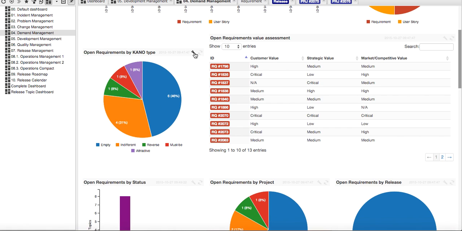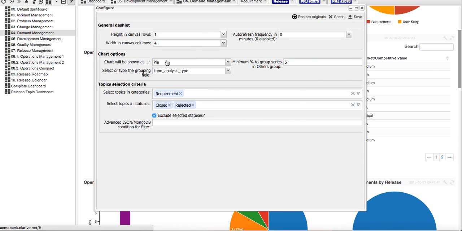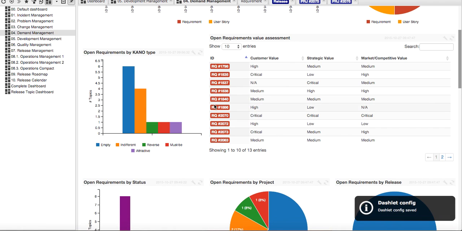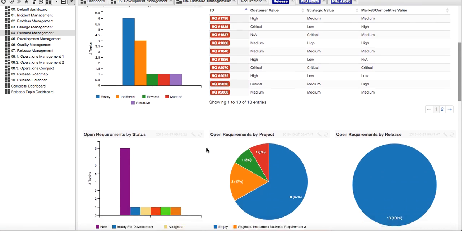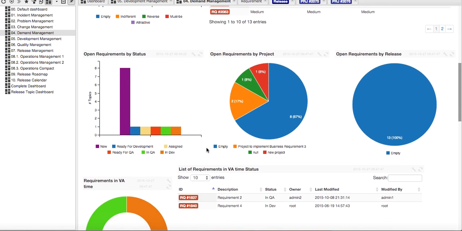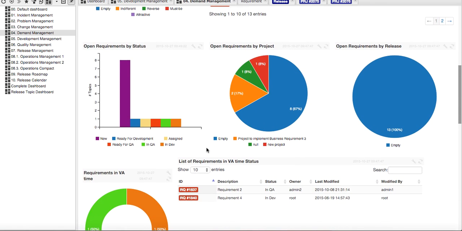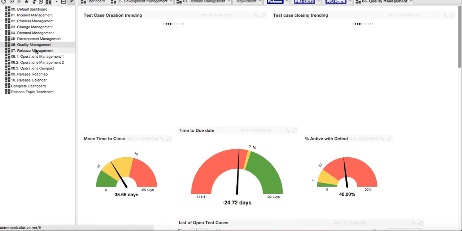Another thing that you could do or should be able to do is present it in different ways. So I can just go into the configuration itself and say, instead of showing it as a pie chart, I would like to see it as a bar chart, and then save it as is, and then I could actually present it slightly differently. So this level of flexibility is important for an end user to be able to analyze the data, whatever you see in your dashboard, and present it in such a format that actually is presentable and actually gives you the level of insight that you need. And you could do that for demand management, for quality management, for development management, in fact, for any type of